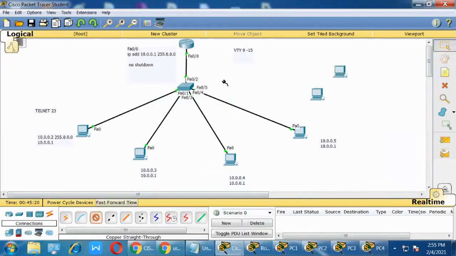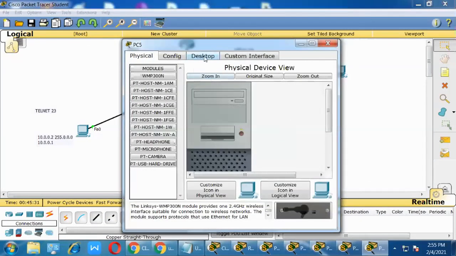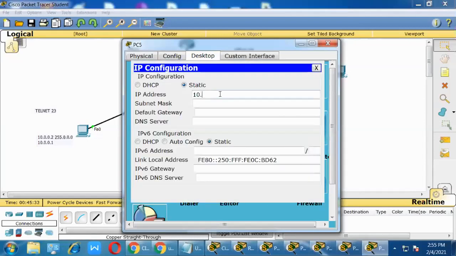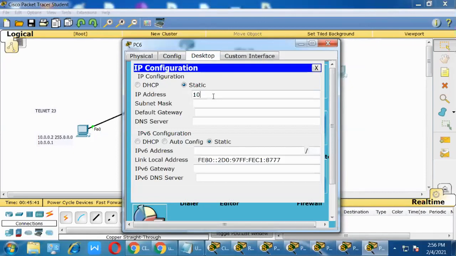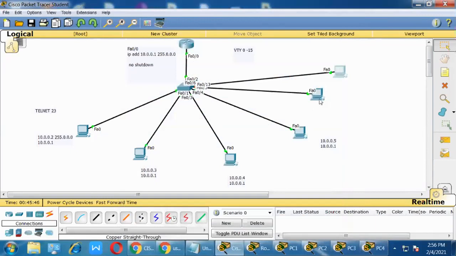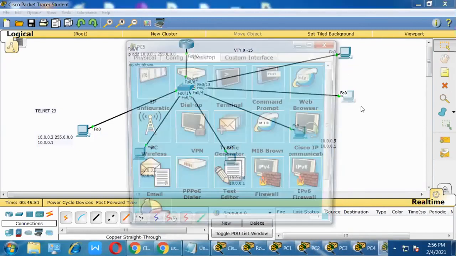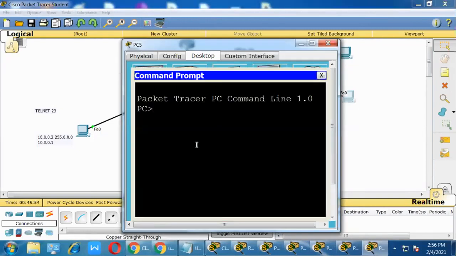Now what I do, I add one more user and try to make a connection remotely. The address is 10.0.0.6, then 10.0.0.7. Now ping 10.0.0.1.